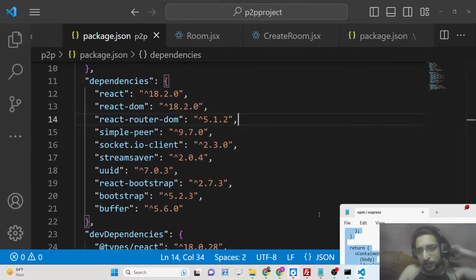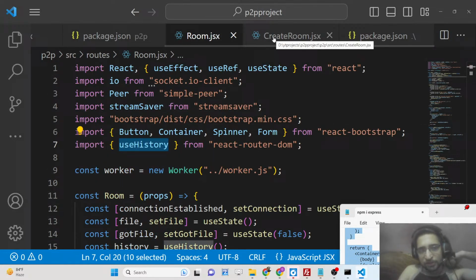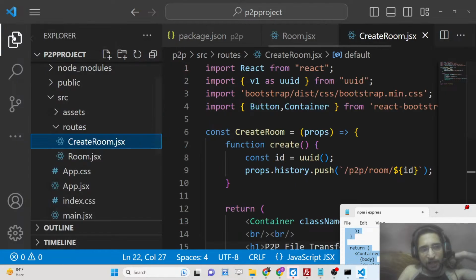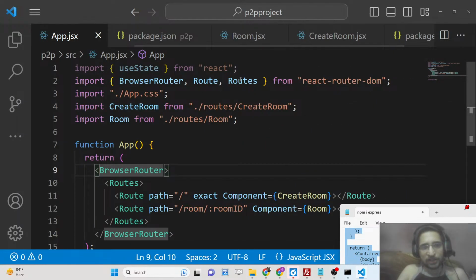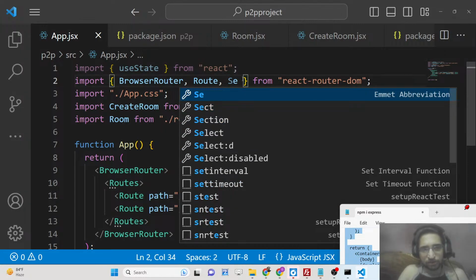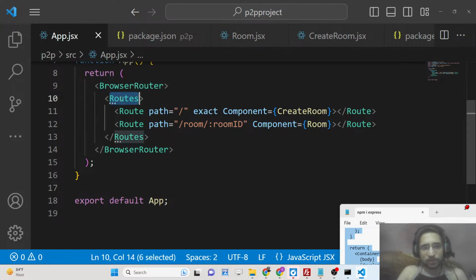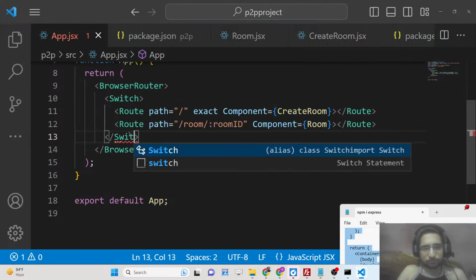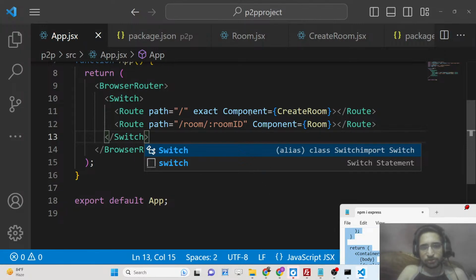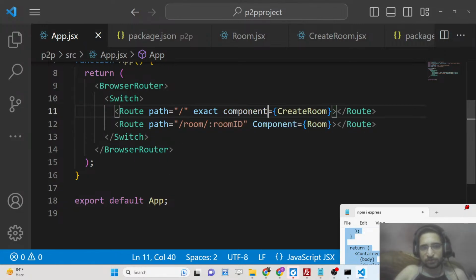Yeah, in the 5.1 version guys, we don't have this routes here. So go to app.jsx, and here we need to replace the switch. So we have the switch one, so replace the switch, and right here just replace switch here. So just do it, and this component will also be small. So just make these changes, and